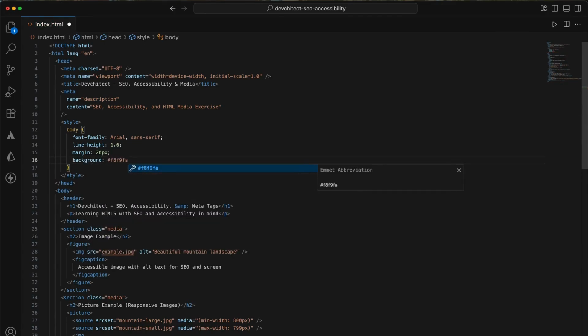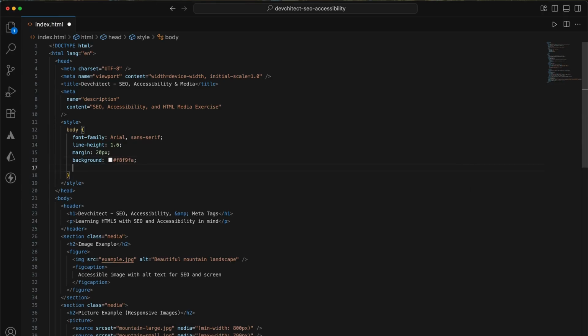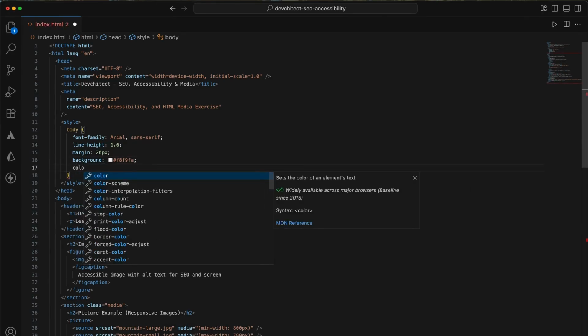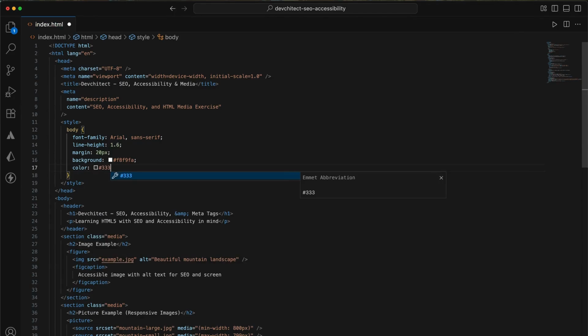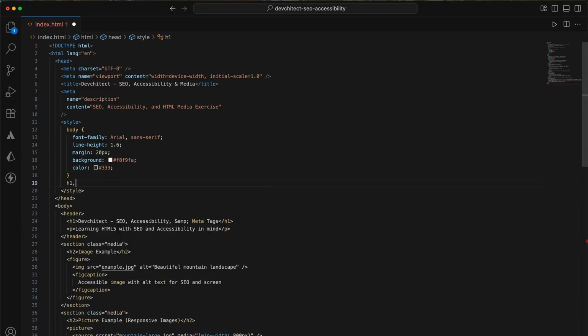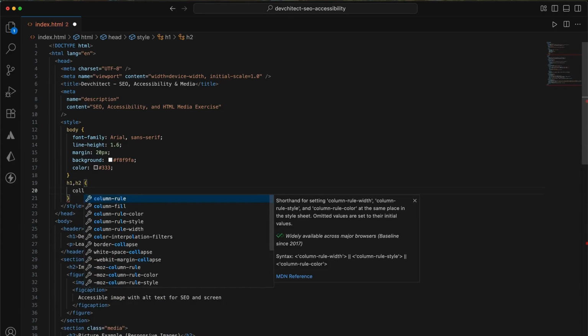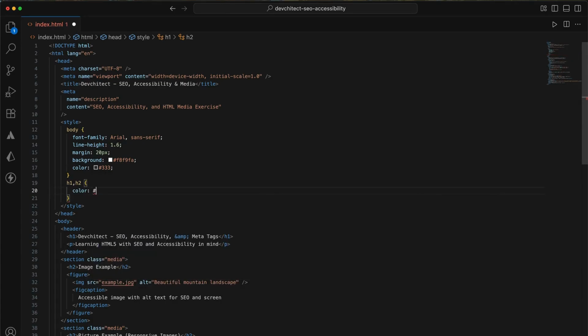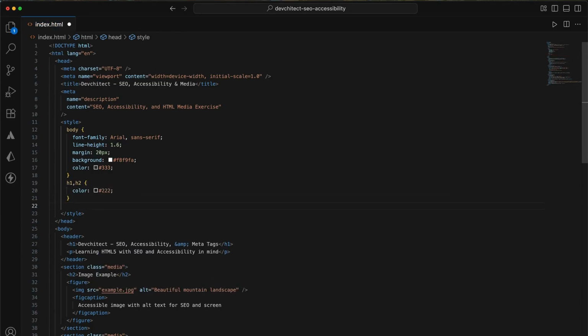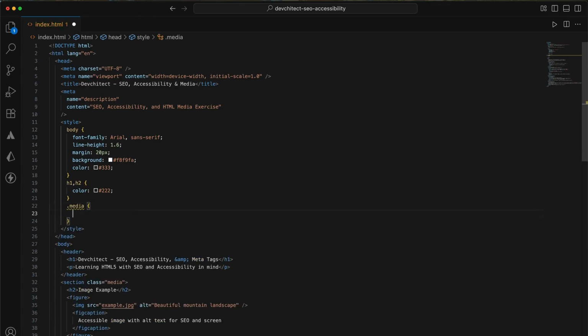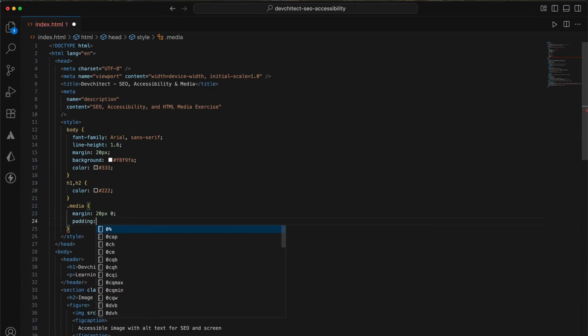a soft light gray background, and setting the default text color to a medium dark gray. Next, let's style the headings. That's just a slightly darker shade to make our headings stand out. Now, we'll work on the media sections that we have given a class media. This gives each box some breathing room,